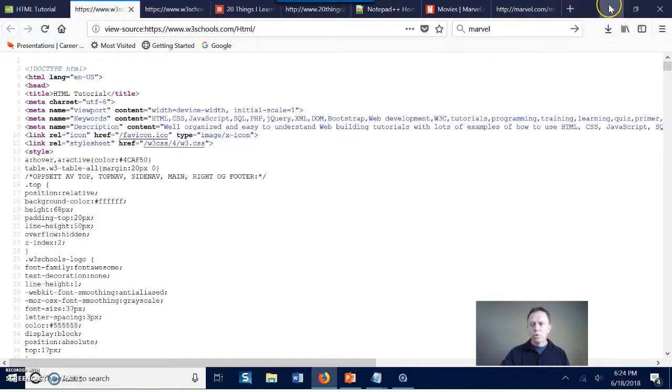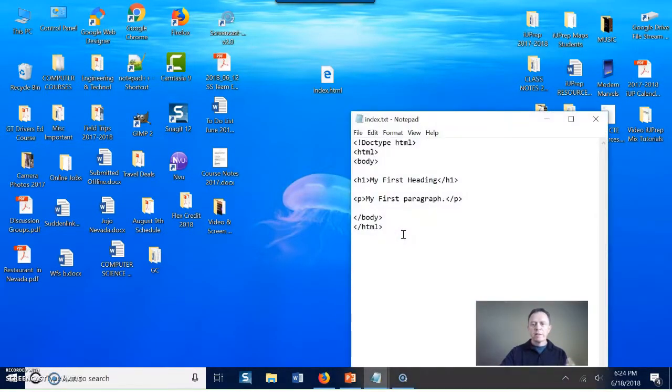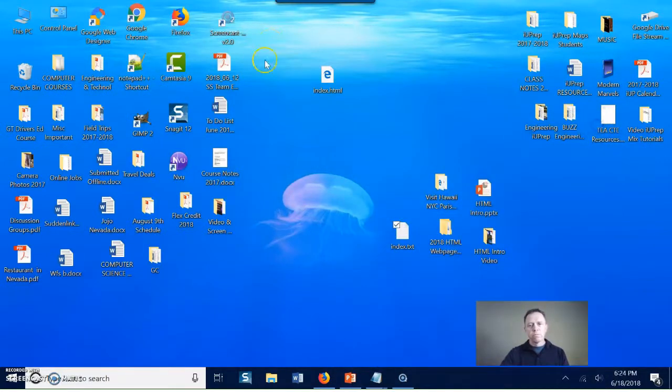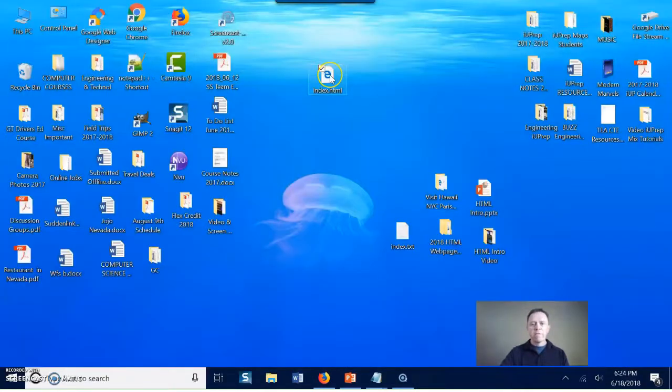Well, for now, just remember, HTML files have to be saved with the .html extension. If you save it just as .txt, the file will not display in your web browser. So it has to be saved as index.html. We can look right there again. My first heading, my first paragraph,